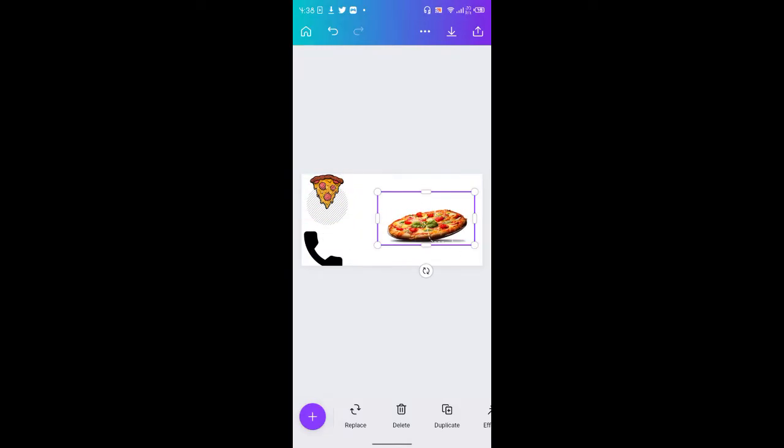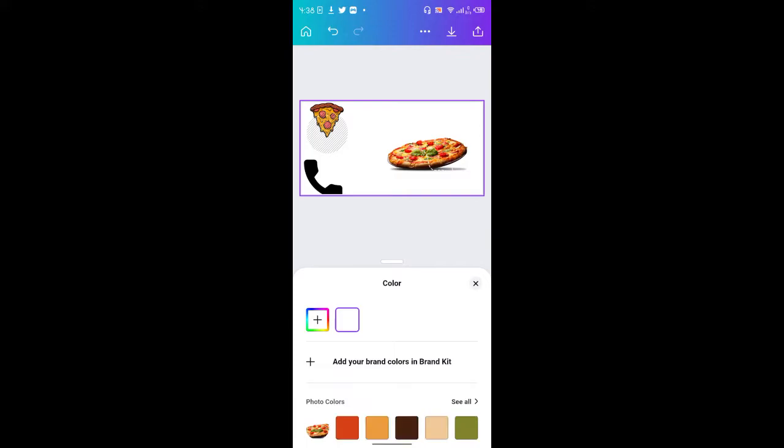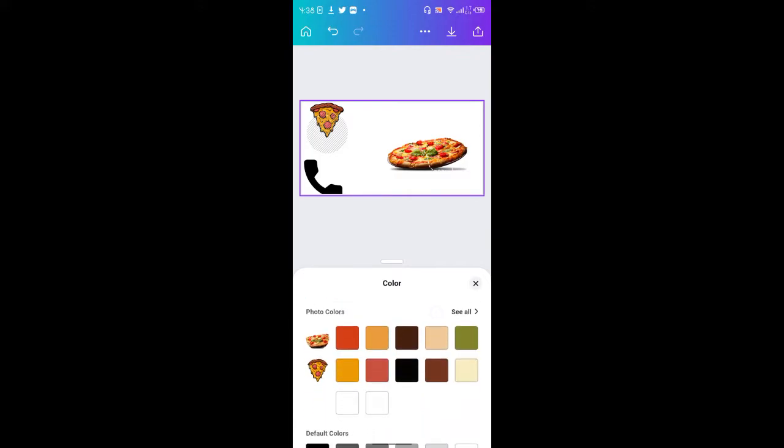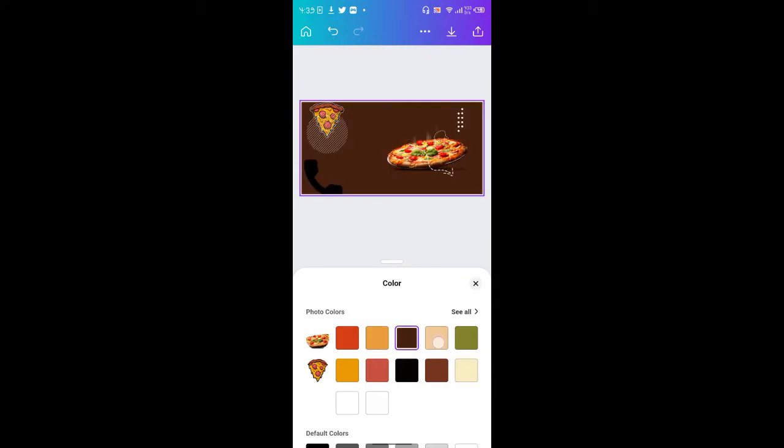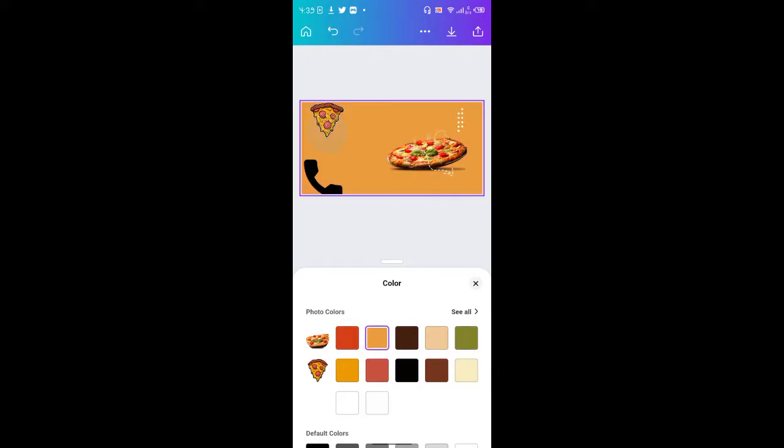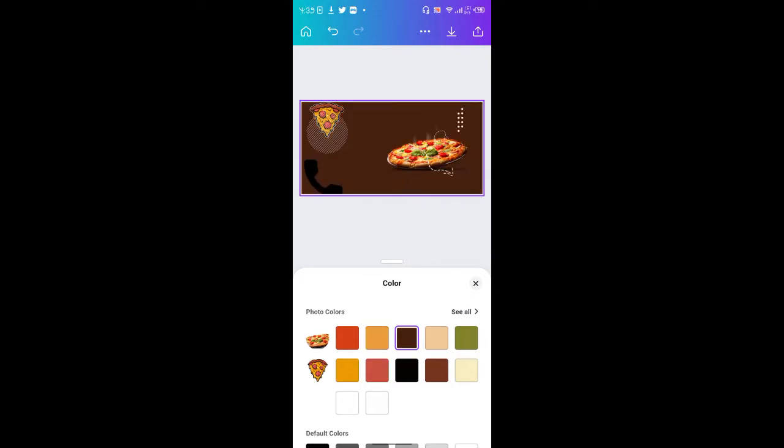So we're going to change the color of the background. I'll click here on the background, come to color. We're going to be using the color that Canva generated from this pizza. As you can see, Canva generated the colors from almost all the images we added. So you can see, as you pick the color, you can see all the colors. These are all the colors that Canva picked from the pizza. So I'm just going to choose one and use. I'm going to go with this brown one here, and I'm going to start